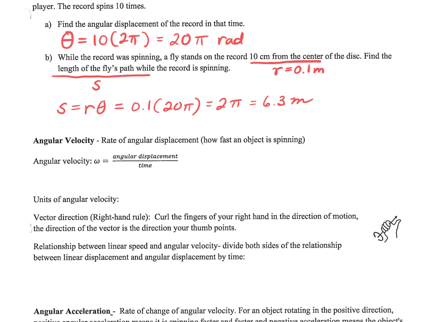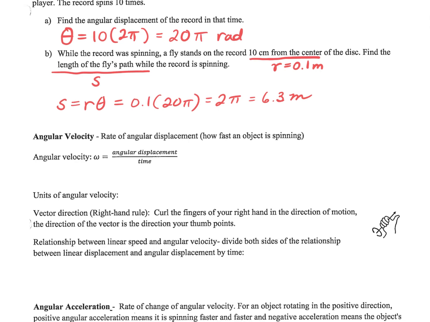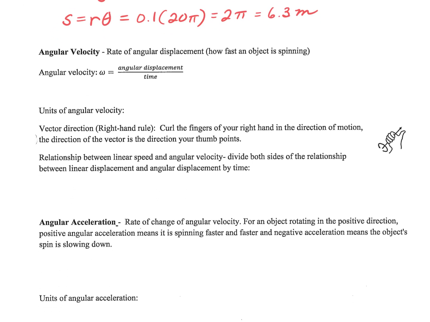Now, angular velocity: how fast an object is spinning. If I spin that disk over there, every point on it is going to spin the same amount in the same amount of time, isn't it? Because they all have the same angular displacement, and angular velocity is angular displacement, delta theta, over time. If delta theta is the same for all of them and time is the same for all of them,